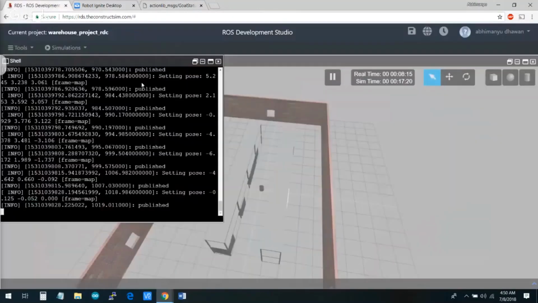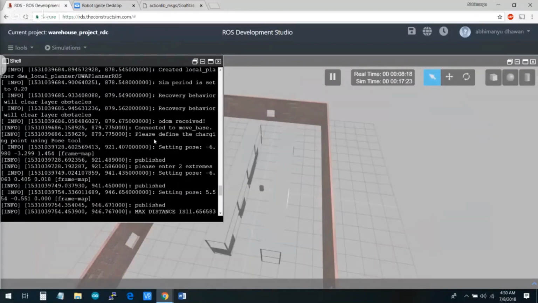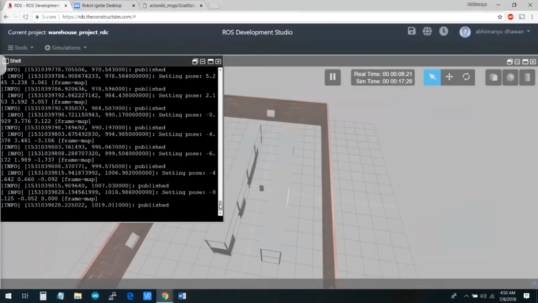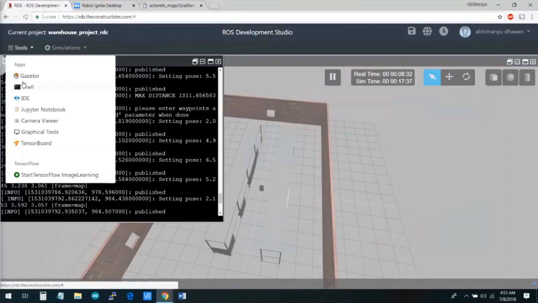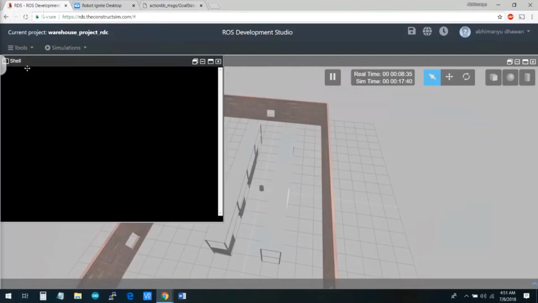And the last thing that we need to do, if you will see up here, that you are asked to enter the waypoints and publish true on waypoints added parameter when done. So just need to do that and it should start its work. So we'll say rosparam set waypoints added true,